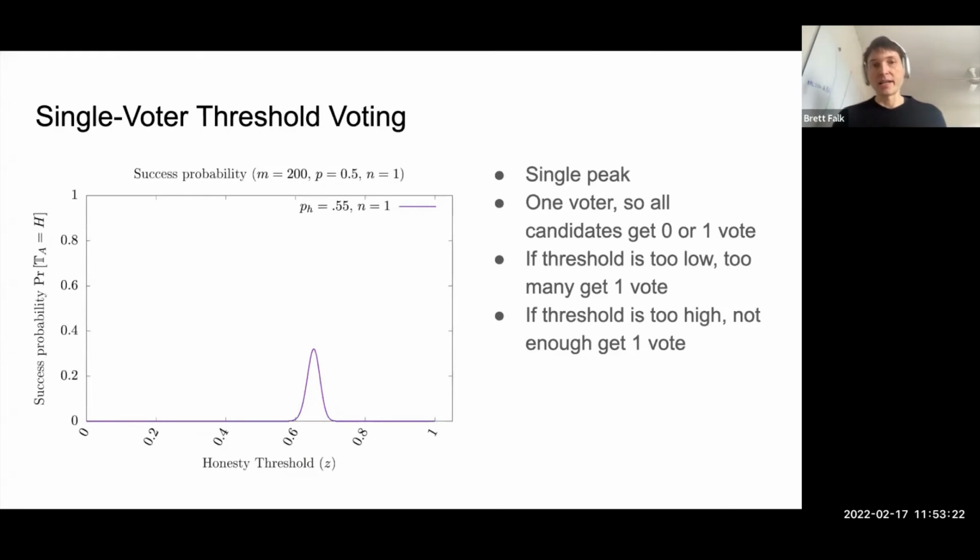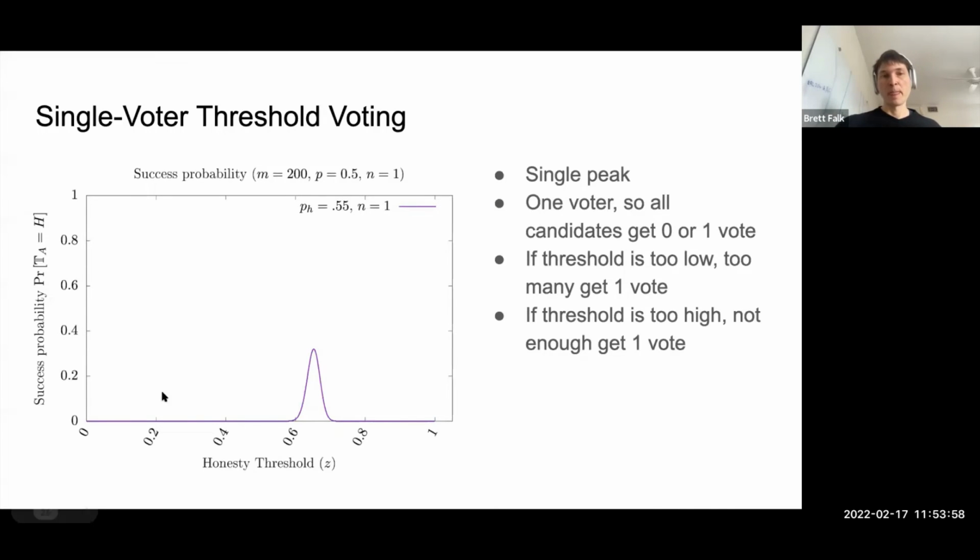But we can now plot this. This plot is not a simulation. This is actually an evaluation of this closed form. Imagine the single vote setting, where voters are going to vote for everybody above a threshold. The x-axis is their threshold for voting. Here, this is if you vote for everybody you think has a 40% chance of being honest. This is the chance you vote for everybody who has a 60% chance of being honest. This is the chance you vote for somebody who has an 80% chance of being honest. And there is actually a single optimal here, and it's about 66%.